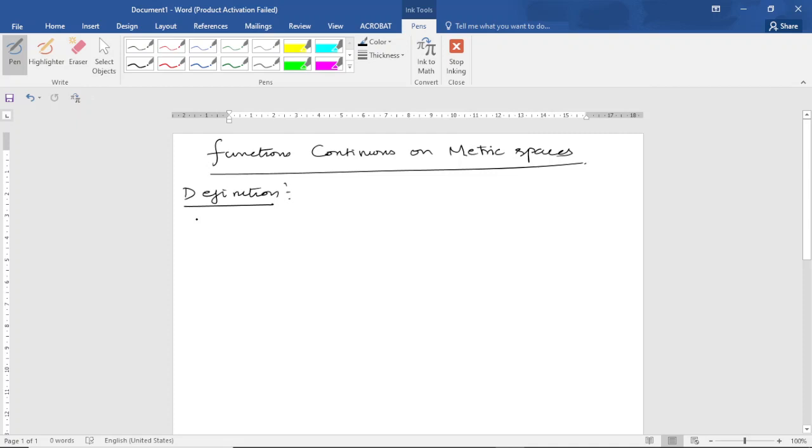Let (M, rho) be a metric space. So we take a set M with a metric rho. If A is an element of M, and we take R, a real number greater than 0, then